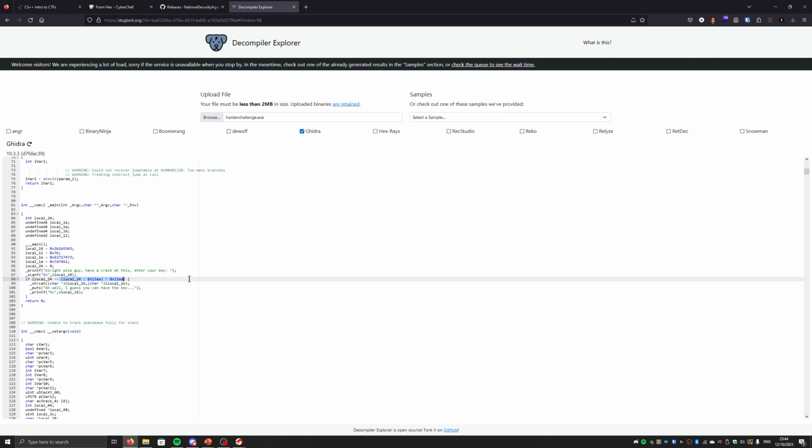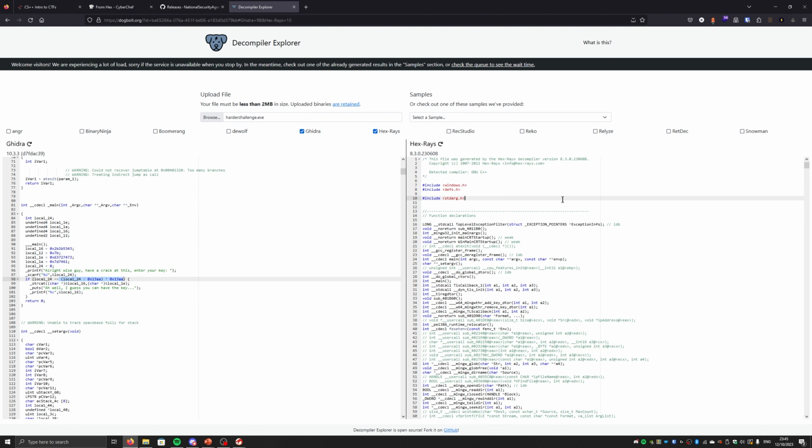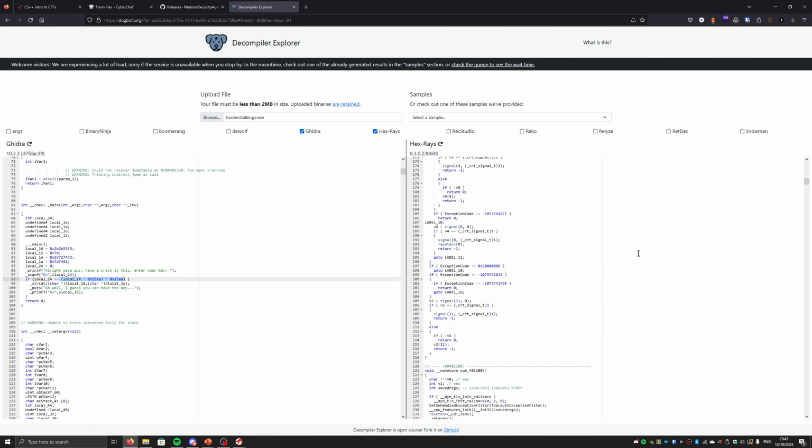Think of modulus as the way to get a remainder for when you divide two things. So if I divided 5 into 4, the remainder is 1. So if I did 5 modulus 4, the answer will be 1. So it's basically saying if the key that they enter is any whole multiple of whatever this hex number is, then that's the key. So you can solve this by converting that hex into a decimal number, and then running the code, or by using Hexrays, which is surprisingly more powerful, and it just rips the key